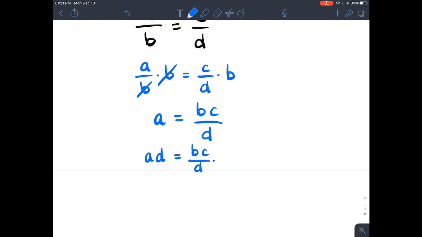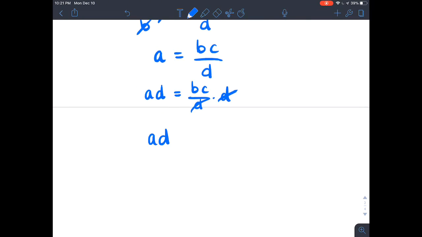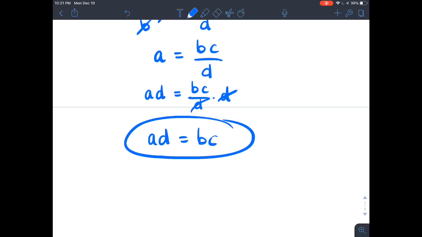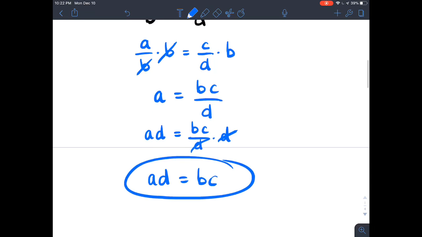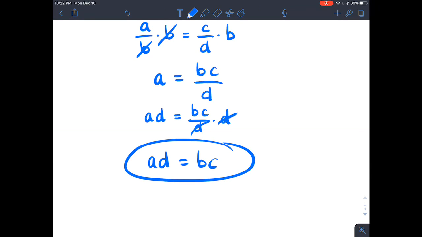over D times D. And again, these D's cancel out, so we get AD equals BC, which is exactly what we got by quote unquote cross multiplying. So really there's nothing special, nothing magical about cross multiplication. It's just a shortcut for doing this two-step algebraic process where we first multiply by one of the denominators on both sides, and then we multiply by the other denominator to both sides, and we get rid of